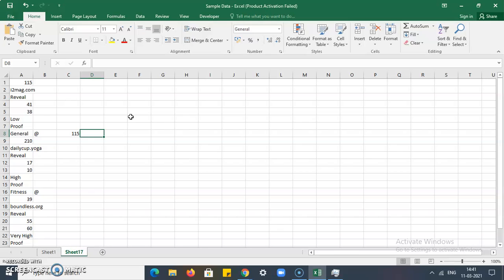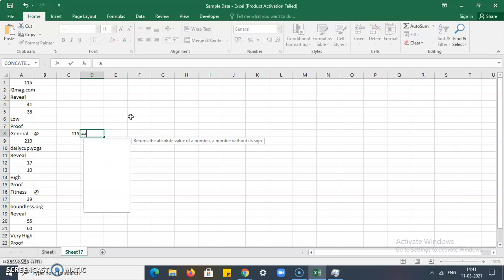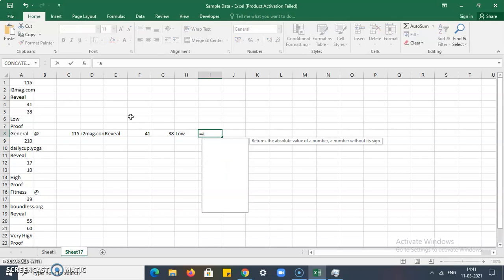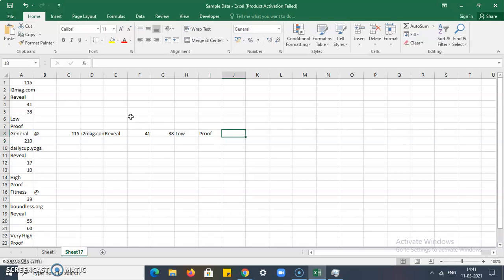and I'm writing this formula for my total 8 cells. So I am doing the same thing: equal to A2, equal to A3, equal to A4, equal to A5, equal to A6, equal to A7, and equal to A8. Now you can see your database is ready, but you have applied this for only one row.